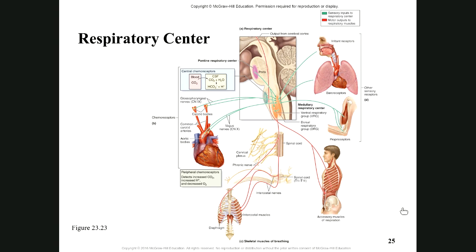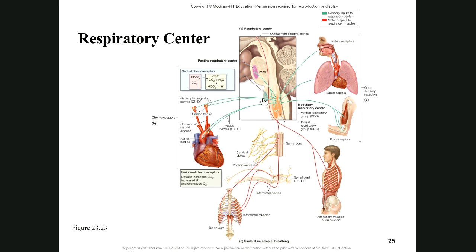But how does our brainstem know to change the rhythm of our breathing, and how does it know that we should do inhalation or exhalation? We have some receptors which are located in different parts of our body. Some of these receptors are chemoreceptors. Chemoreceptors are the receptors which monitor the changes in the pressure of oxygen, the pressure of carbon dioxide, and also the amount of hydrogen ion and the pH of our blood. Some of these receptors are called central chemoreceptors. These central chemoreceptors are located in the medulla. And this is the central chemoreceptor, and all the time they monitor the CSF,